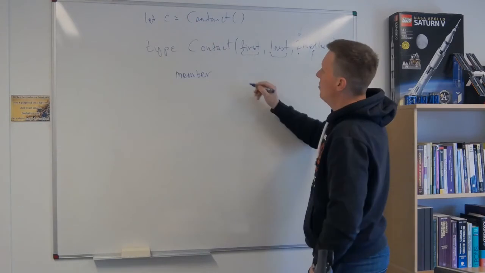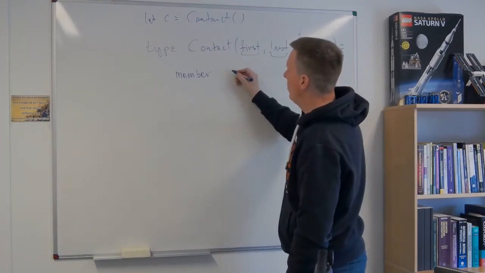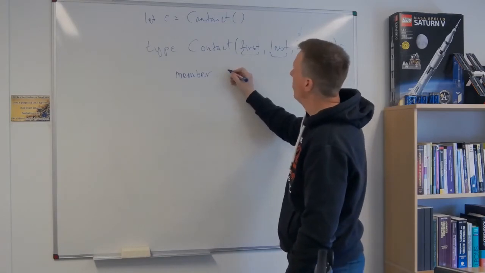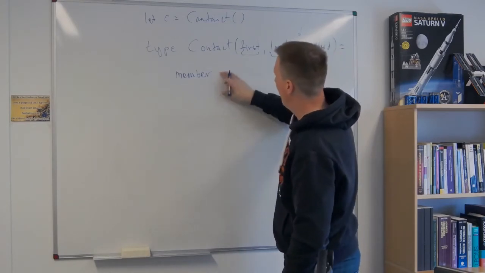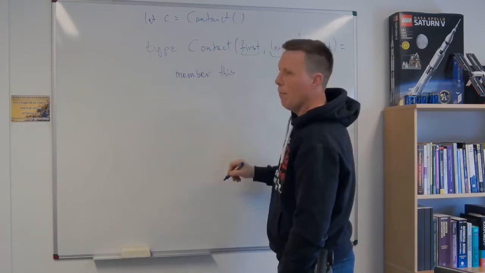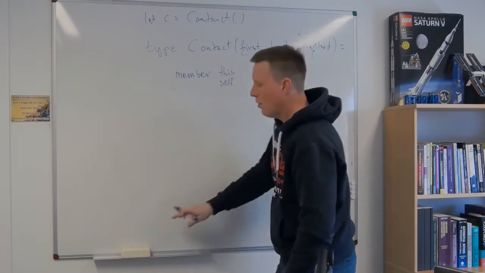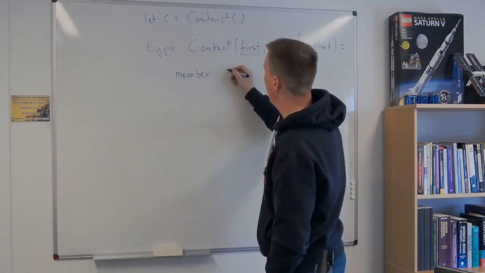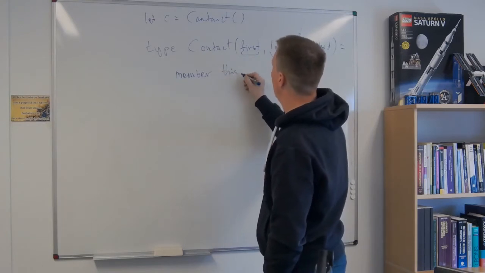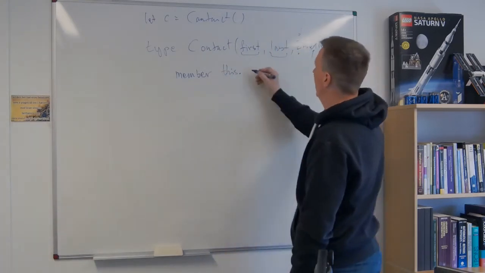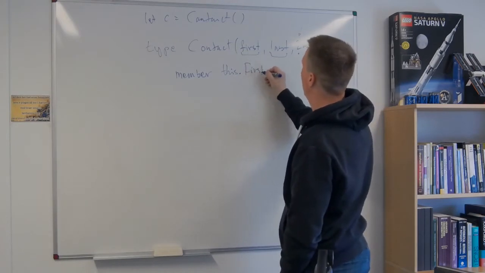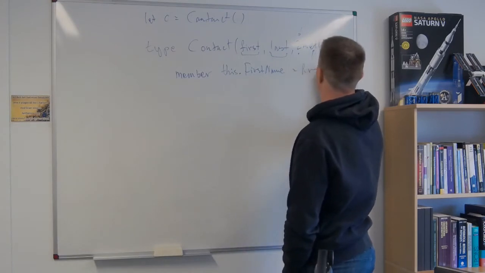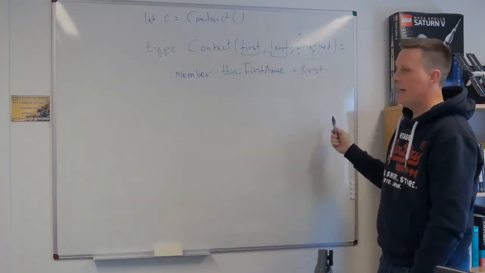and now comes a little bit of syntax. Now I need to give a handle. So I like to call it X. Some people like to call it this. If you're a Pythoner, you will call this self. You can call it whatever you want. There's no special name for this, but I'm just going to call this X dot first name equals first. So what I just created is a property,